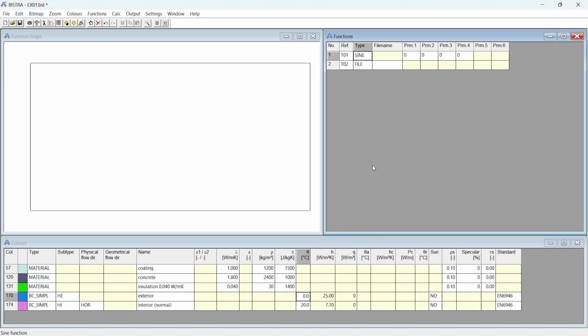Now you can see the function graph corresponding to the input function. Then you see here the parameters. PRM1 stands for the mean value of the sine curve. This is also displayed at the left bottom toolbar when selected. The second parameter is the amplitude, the third parameter is the period and the fourth parameter is the offset to